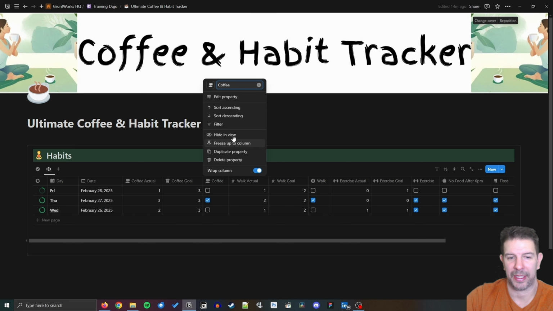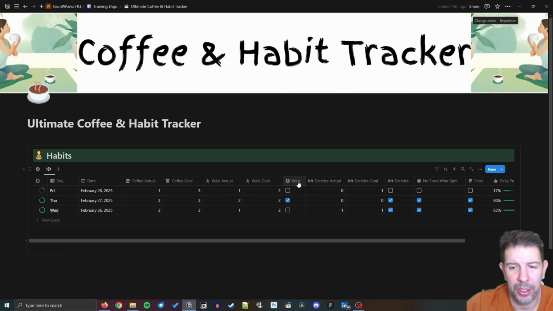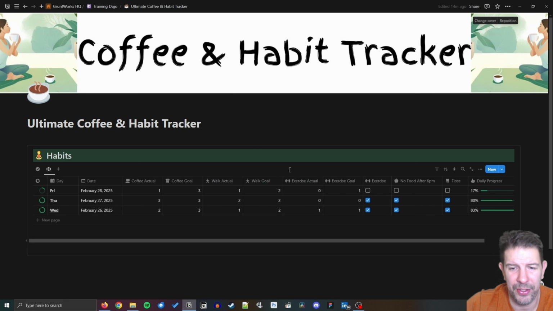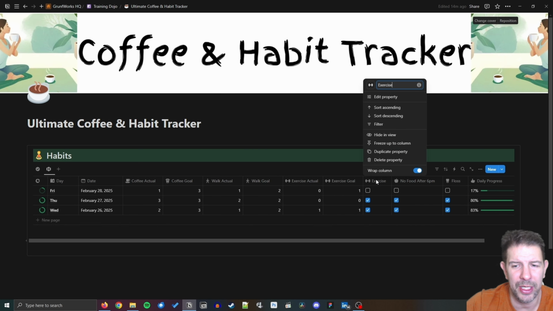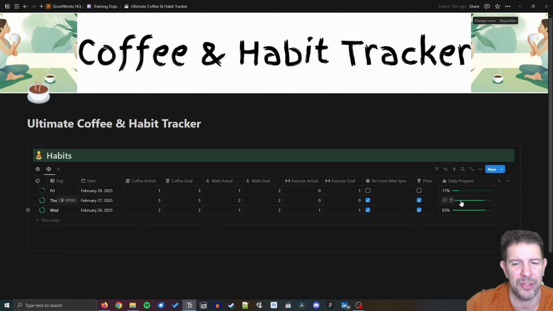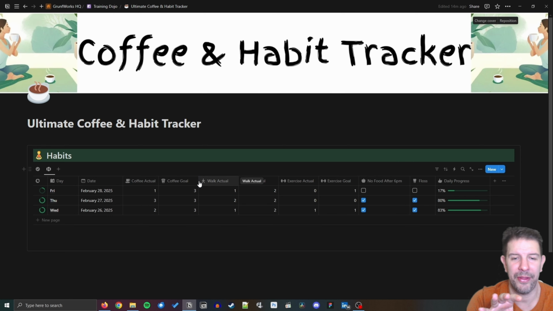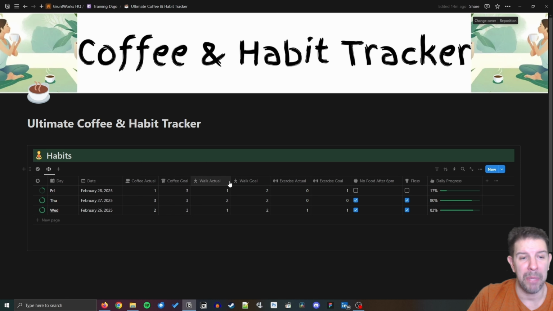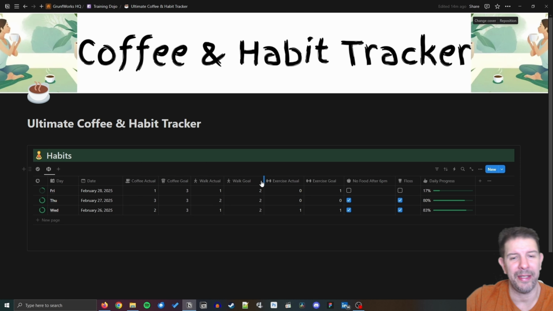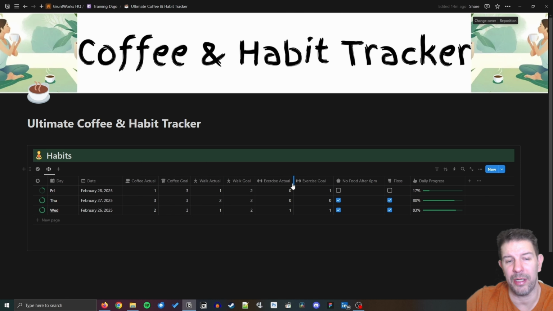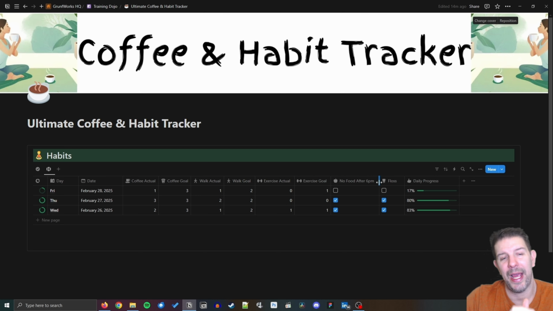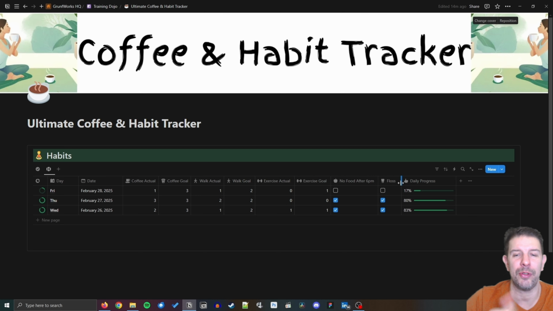Now, having said that, we're going to be hiding in view the check marks that we don't need here, so we only keep them for the places where they're relevant. Think of this table like the data entering table, but we are going to make it even cooler. We're not even going to be manually entering the data, but we will be pushing the buttons, and those buttons will be adding up